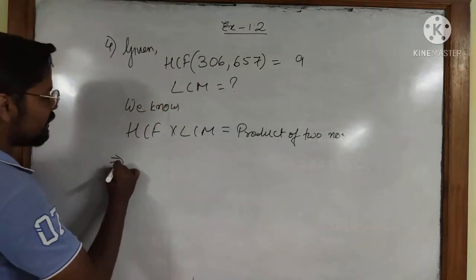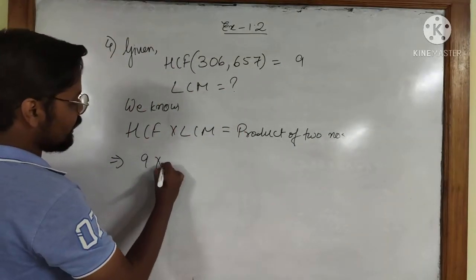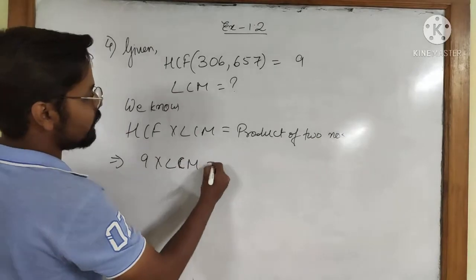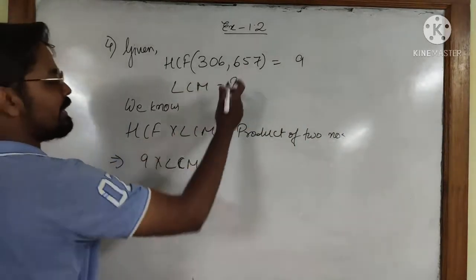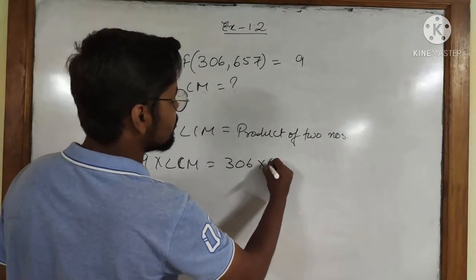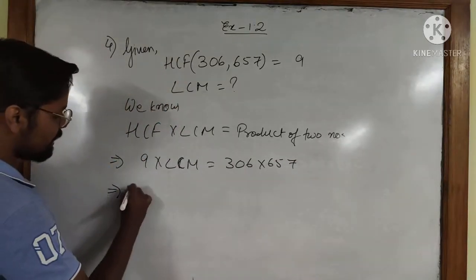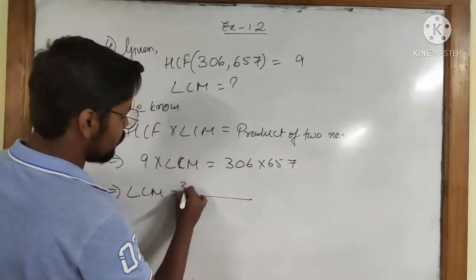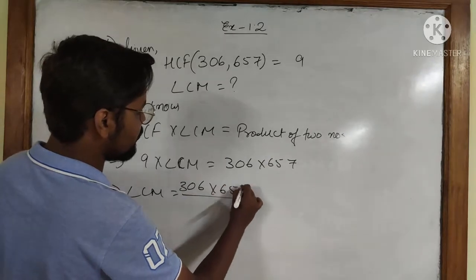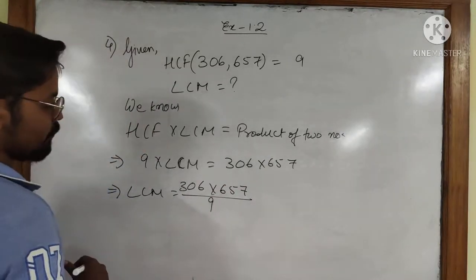Okay. So what is HCF? HCF is given as 9, into LCM, is equal to the product of two numbers. What are the two numbers? 306 and 657. Which implies LCM will be equal to 306 into 657 by 9. So let's try to find